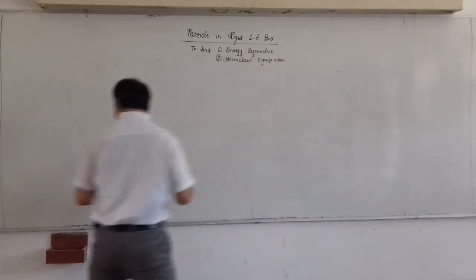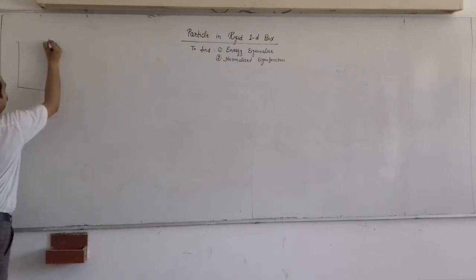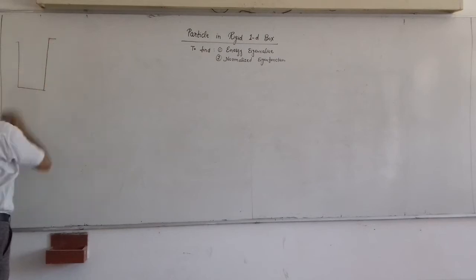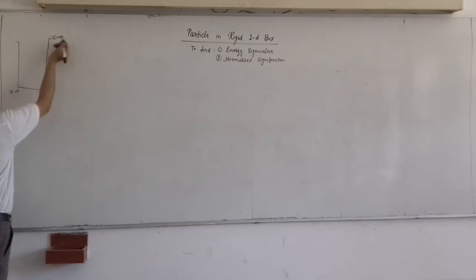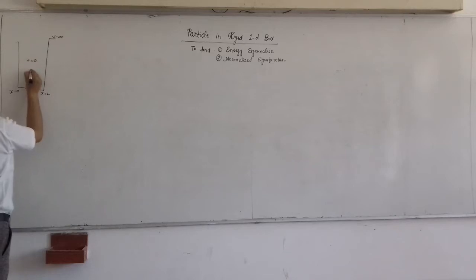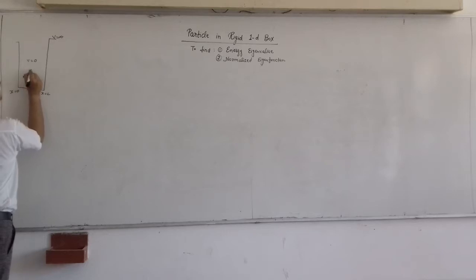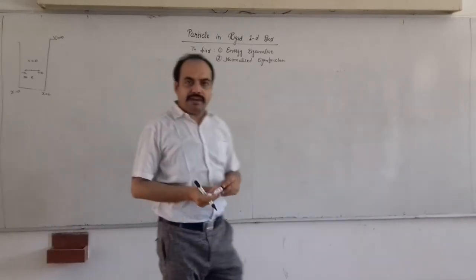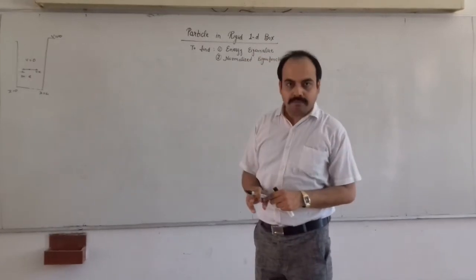So let us consider that the particle is restricted to move in a one dimensional box whose dimensions are given by x equal to 0 to x equal to L, V equal to infinite on the walls and V equal to 0 inside. Let us consider an electron of mass m, charge e, which can move only in one direction, either in plus x or in minus x direction. So we have to calculate the energy eigenvalue and the energy eigenfunction for the electron moving in a one dimensional box.